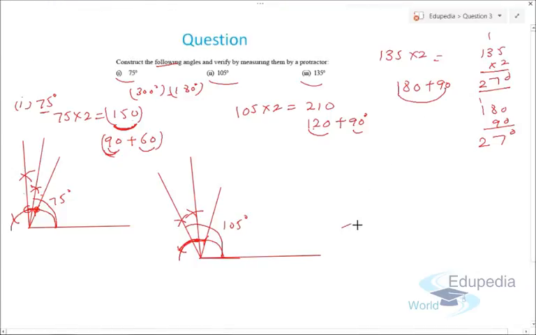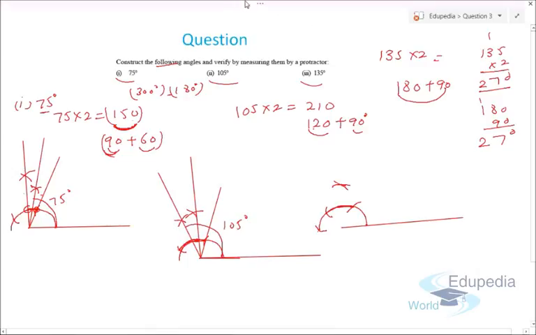Again, we need to draw a line like this, then keeping this as center, we draw an arc like this. Again, this as point, first is 60-degree, then comes out to be 120-degree, then 180-degree, right? Now we need to bisect 180 and 90. This means first we need to draw 90-degree angle, so we need to open the arc of this much length, then keeping this as point, we draw an arc like this, then this much point, arc like this, right?